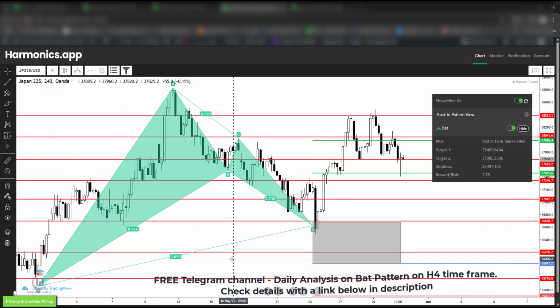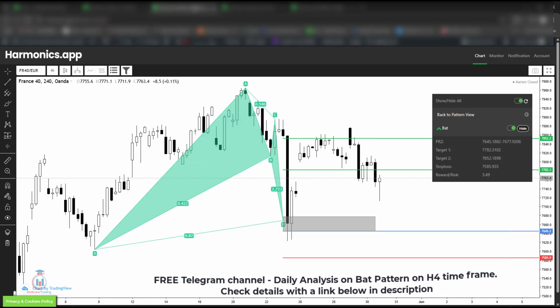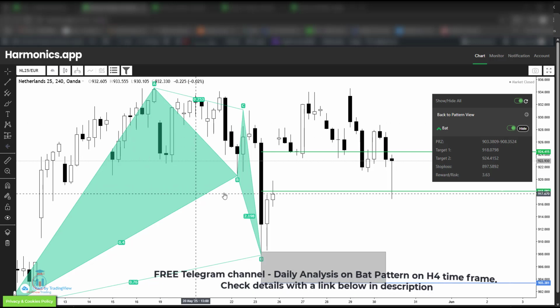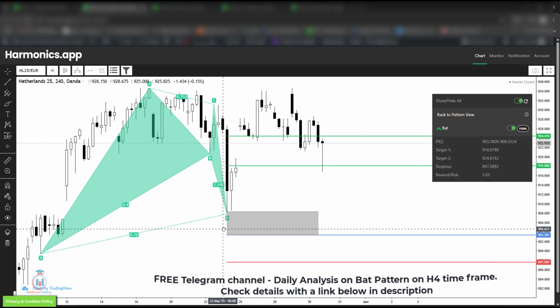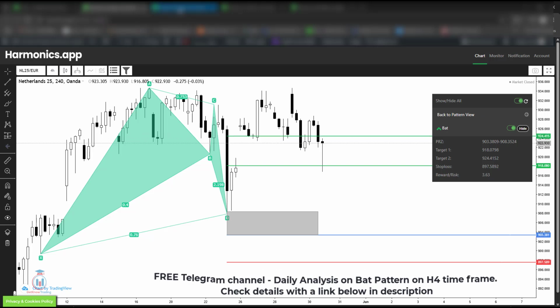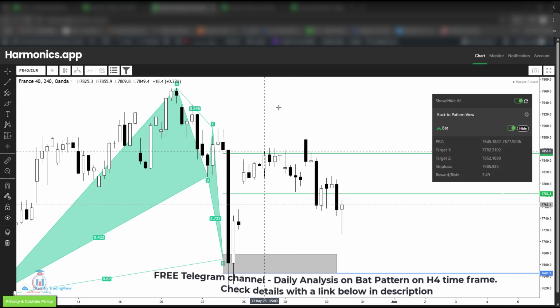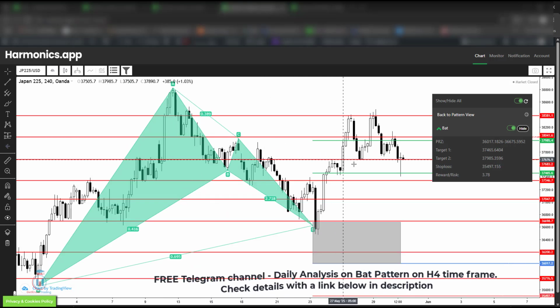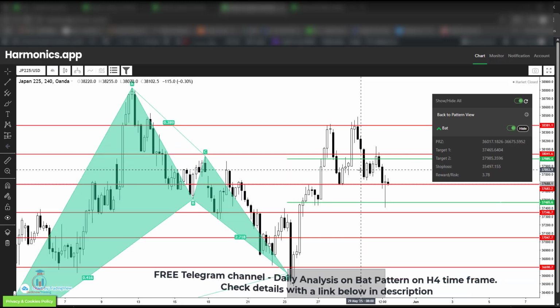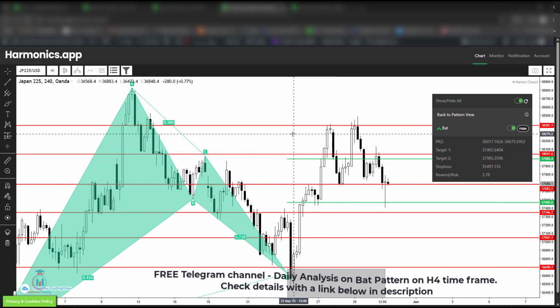I have made the analysis when the prices formed this bullish bad pattern here on the Japan 225, on the France and the Netherlands. All of these 3 patterns have been successful. The price has reached the take profit 2 level, and we can see that after making the technical analysis, it was a successful one, which means these patterns were profitable. So feel free to check that previous week analysis, how to pick these patterns and also how to make the